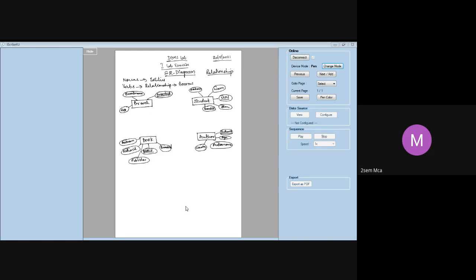Right. Now we'll try to connect them. Before I come to borrow, student and branch, how do you relate them? I'm asking, what is the relationship between the student and the branch? I'm not asking mapping. Student studying in the second semester relation.